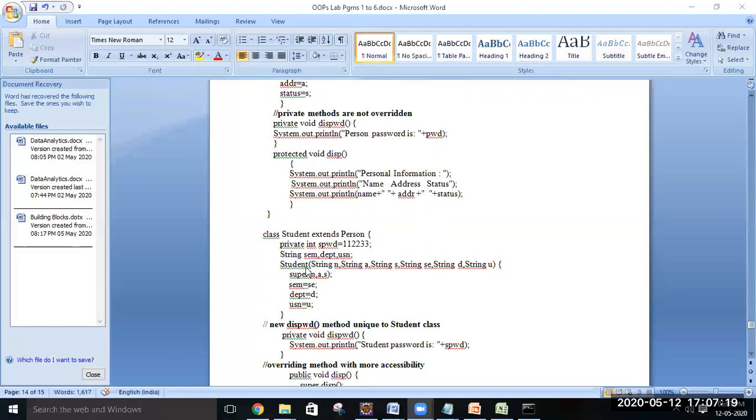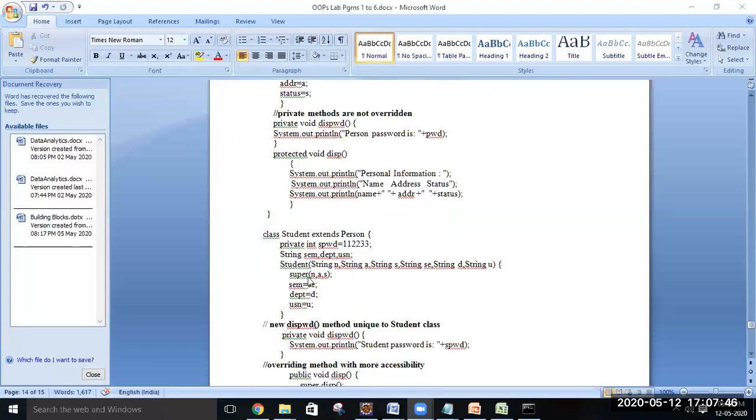We have the constructor for the student class, and in that constructor we have how many parameters? 1, 2, 3, 4, 5, 6 parameters, out of which the first 3 are the information to be passed to the parent class, that is name, address, and status, and the last 3 are the information to be stored by the student class itself: semester, department, and USN.